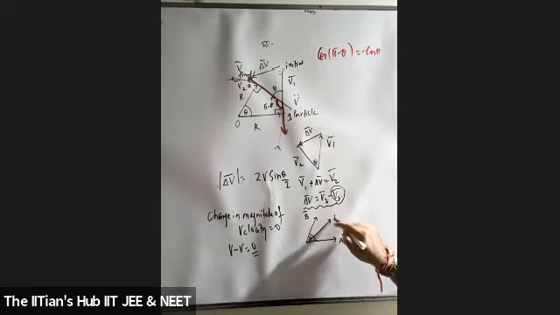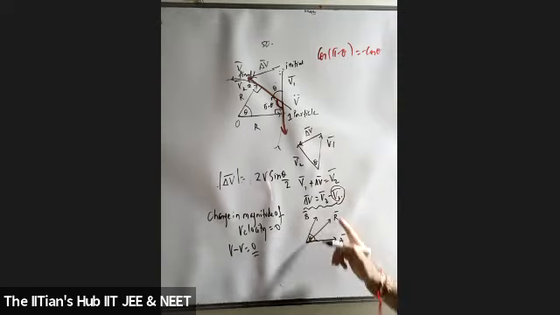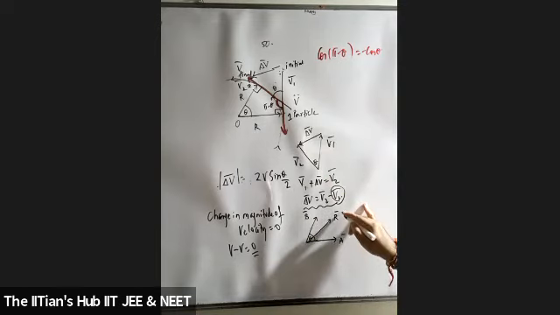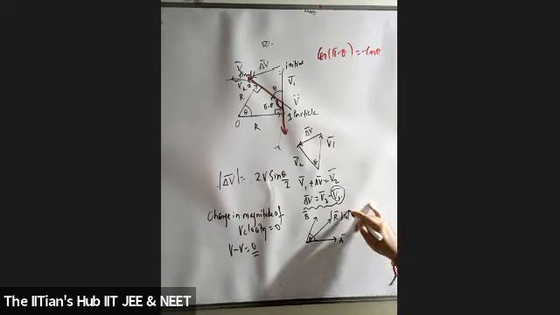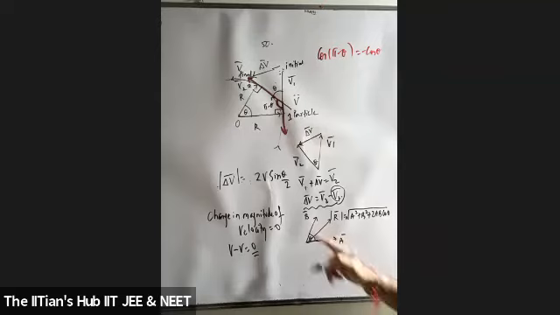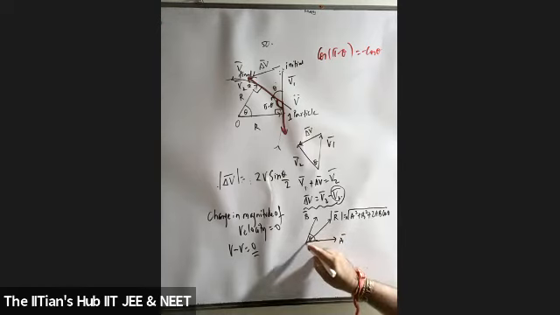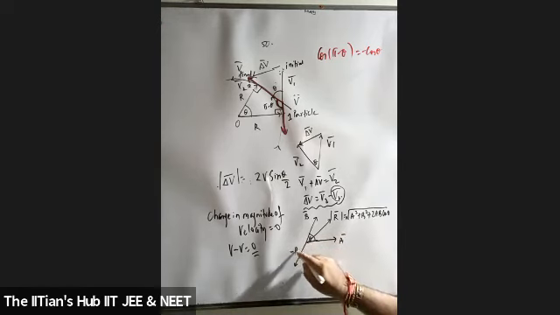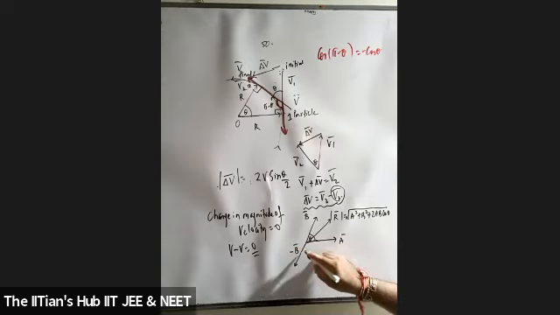Resultant, can I say it's in this direction? What is the magnitude of resultant, students? How do we consider the magnitude of resultant? So the magnitude of resultant, if I consider, will be under root a square plus b square plus 2ab cos theta. Very good. अगर suppose मैं direction of B reverse कर देता हूँ, ये मैंने बताया था students. If I'm trying to reverse the direction of this, so can I say now it is reversed? So what is this angle, students? ये angle क्या होगा? 180 minus theta.